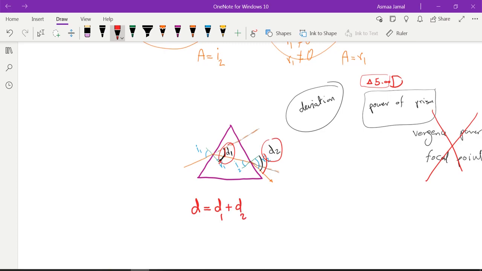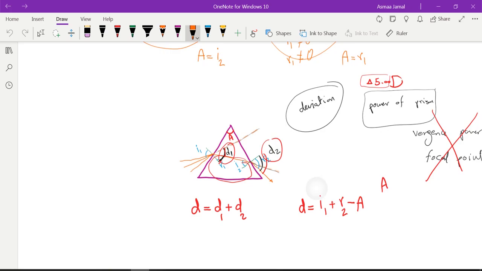And since it depends on the incident and emergent rays, the total deviation will also equal the first incident angle plus the second refracted angle. And of course, it will also depend on the internal angles. Since A, the apical angle, equals the sum of the internal angles, we can rely on A instead of using the internal angles. But we need to subtract that apical angle to get the total deviation. At some point, when we have different incident rays at different angles, one of those incident angles will equal the